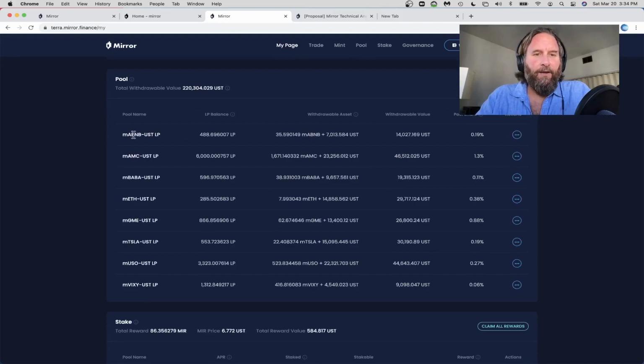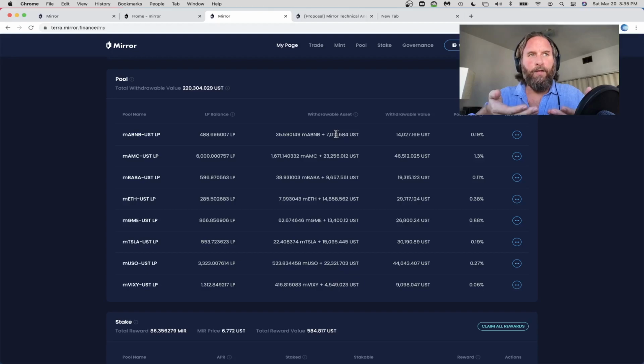Here are all the things that I own, right? So I own Airbnb. But I'm putting these in pools. As somebody who's a DeFi user, I'm not just buying the stocks to gain the price action, although I might. I'm putting these in liquidity pools. Remember in video 2 where I showed you I'm buying Anchor token, ANC, and I'm putting an equal amount of